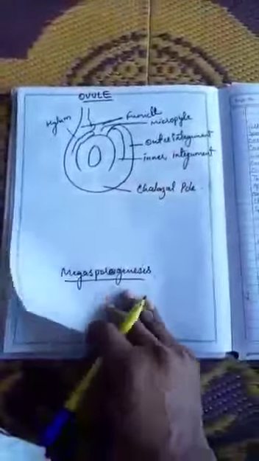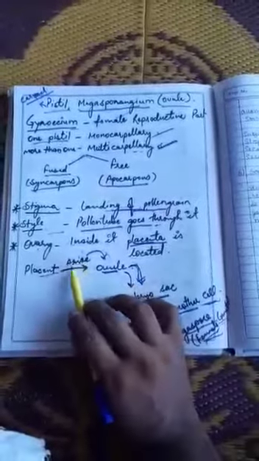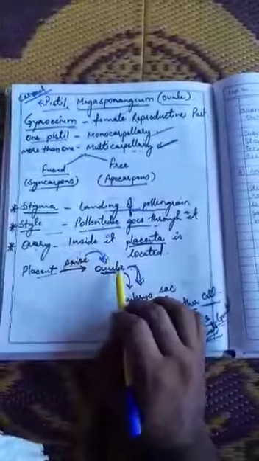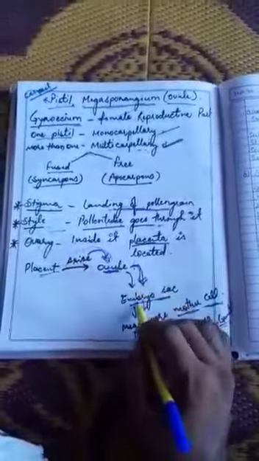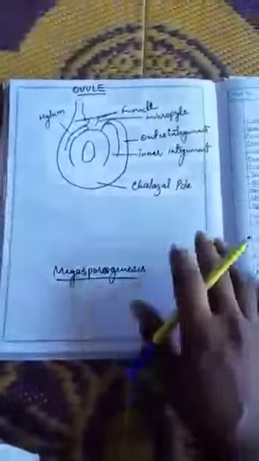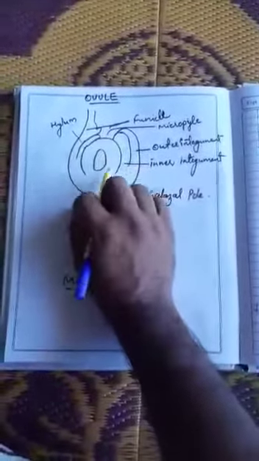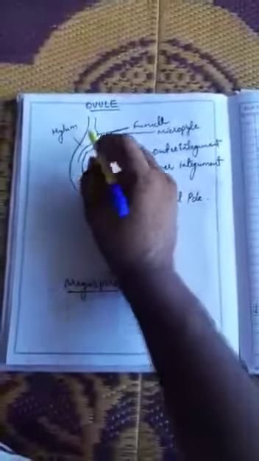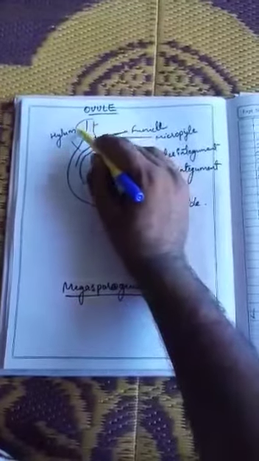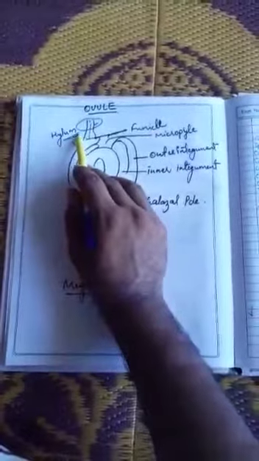Now we are going to talk about the structure of ovule. Here I have already told you about the placenta. From the placenta arises the ovule. We are talking about this ovule, inside which there is the embryo sac and megaspore mother cells. This is a very important part for biology, 12th class. What happens in one ovule? One ovule is connected with the flower by one segment known as the hilum.